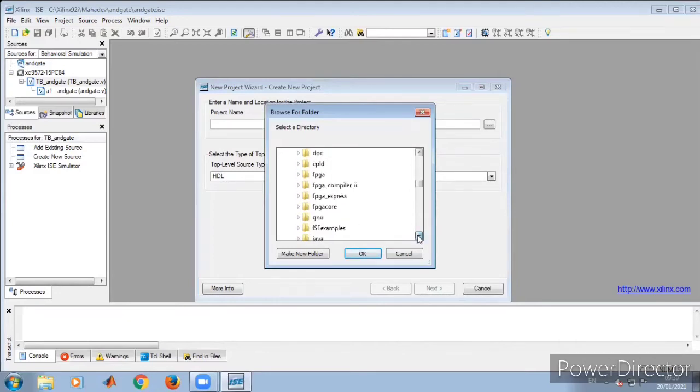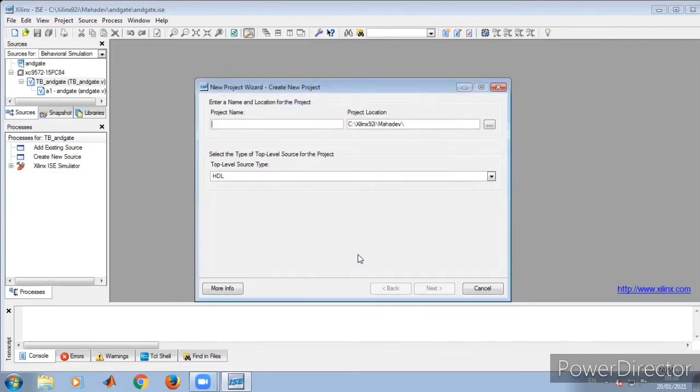Since it is already created, now the project name is full adder. I'm writing the program name there, so the project name will be considered as full adder. The top level module is HDL.